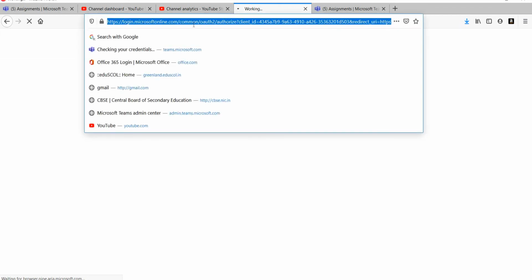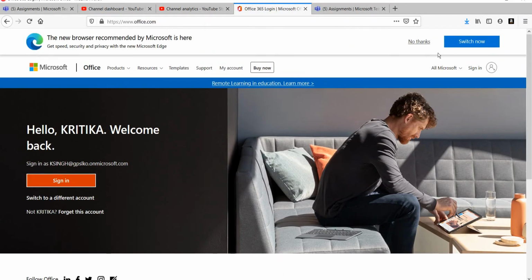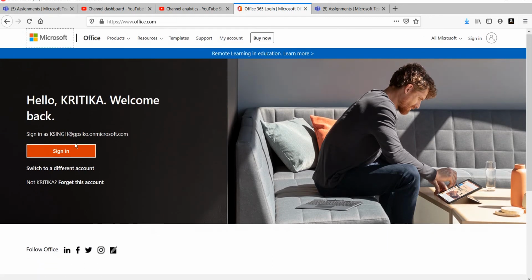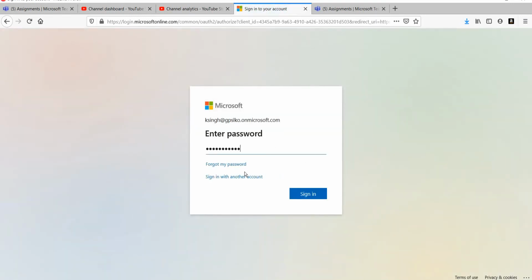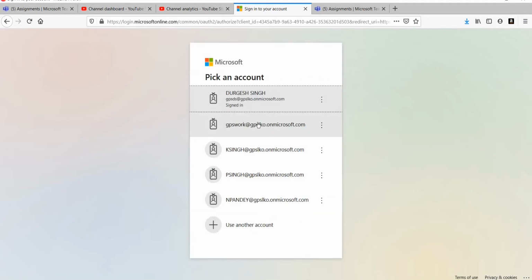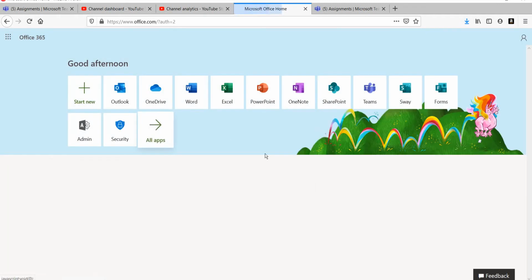When it opens, sign in with any of your accounts. Suppose you have your own account, go with that, whatever account I have given to you.